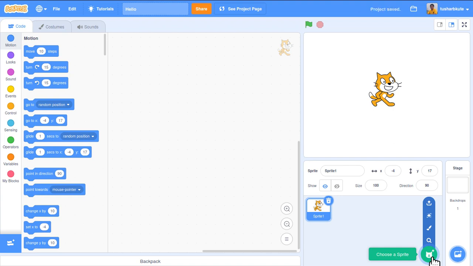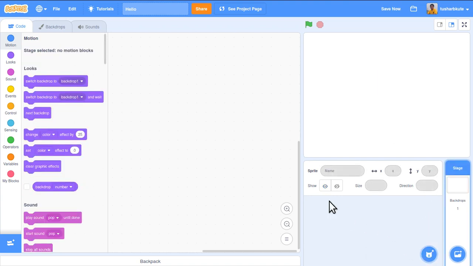So let's see, before actually choosing, I'll delete this sprite. When I click on this, the sprite is deleted, so no sprite is present over here. Everything has disappeared, and accordingly this programming statement has also changed. Now let's click on this. See the options present. What's the meaning of them?